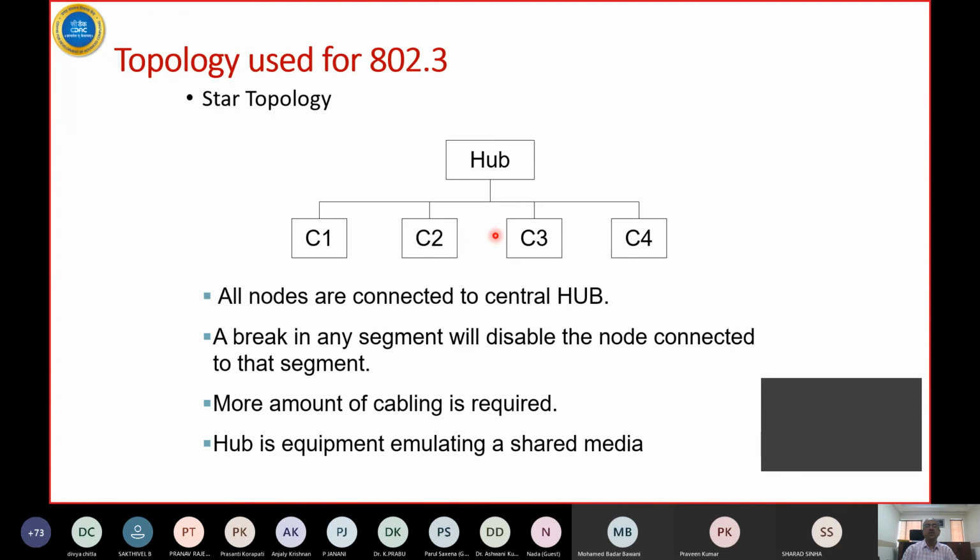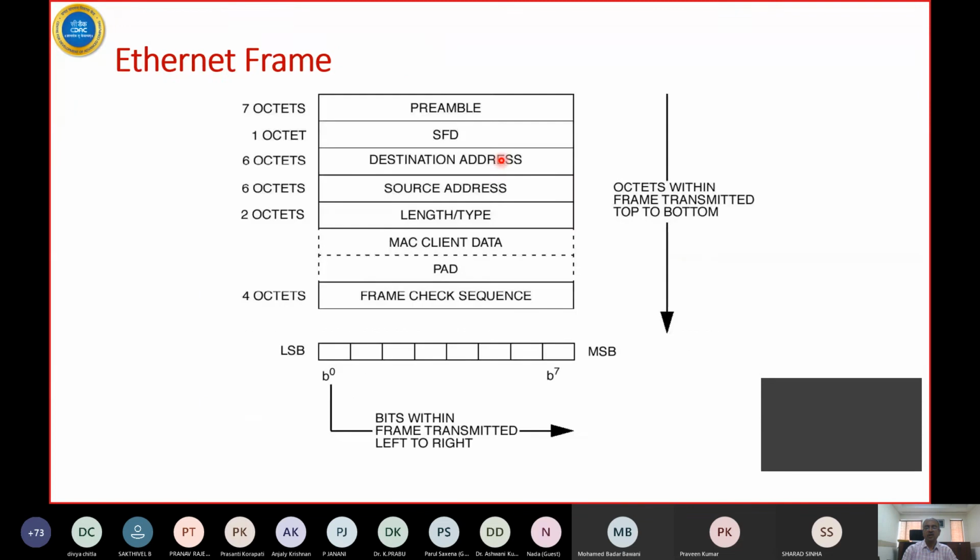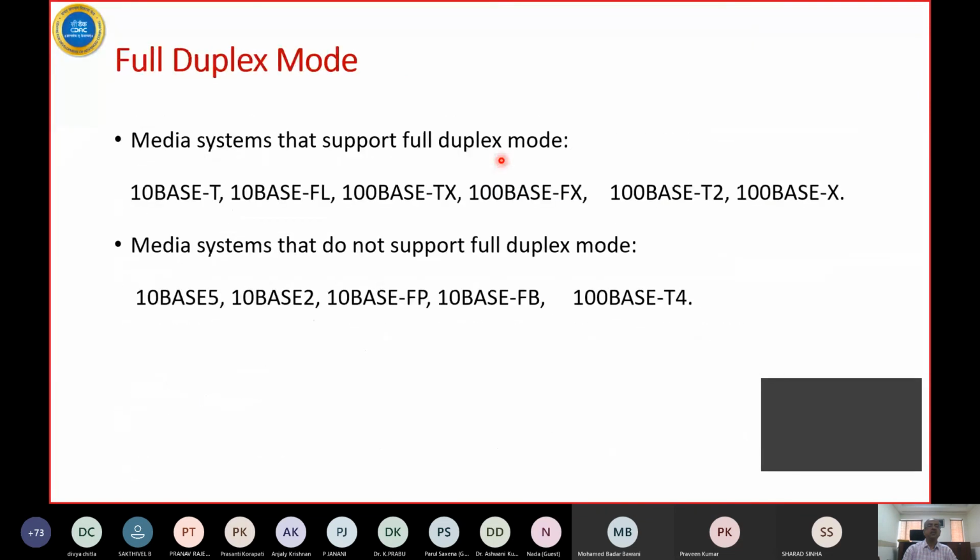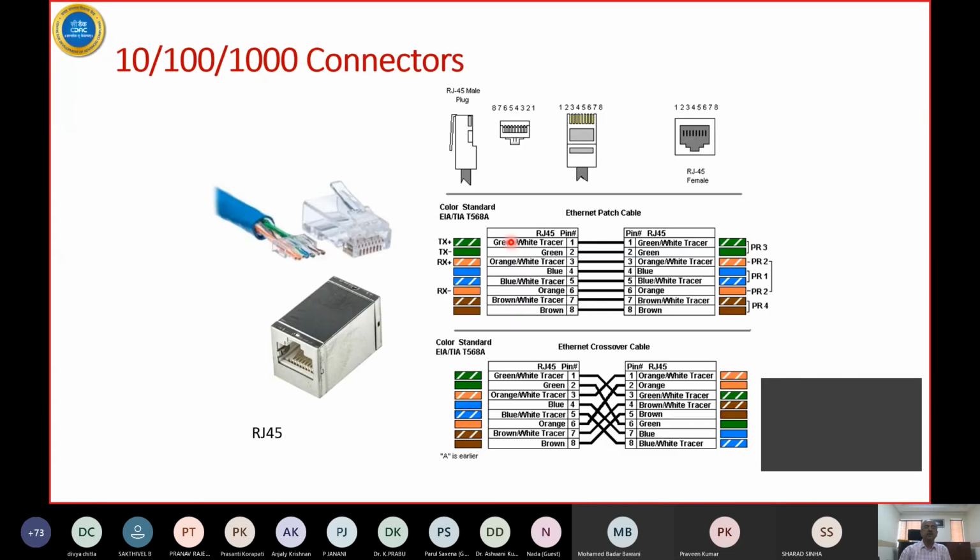If there are 24 nodes connected, you can have 12 pairs of combinations if it is a switch instead of a hub. Okay, so that is what we are talking about in full duplex mode. 10BASE-T and all the others support full duplex mode. So here is an example of how